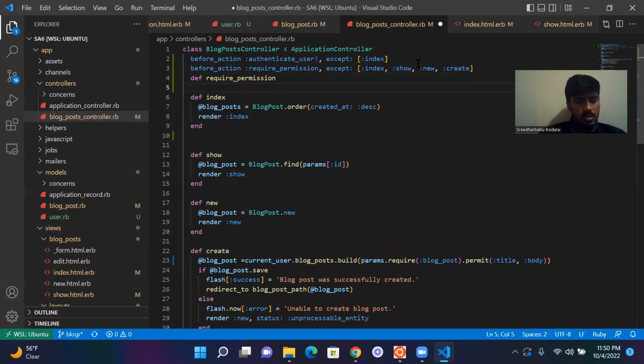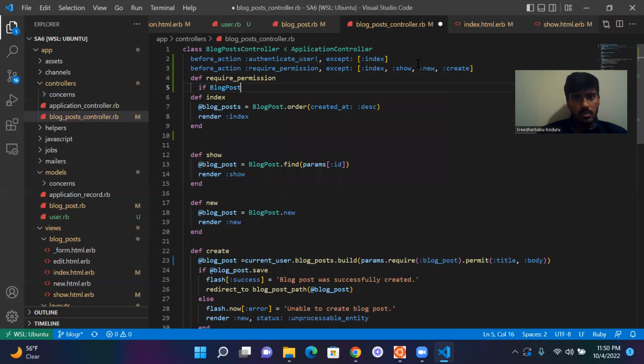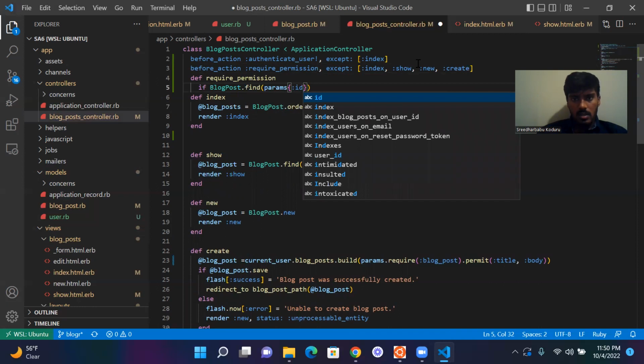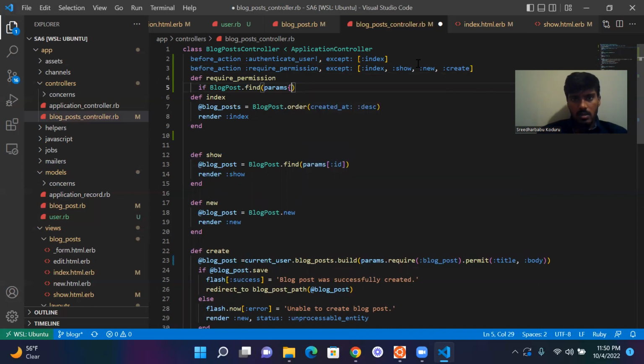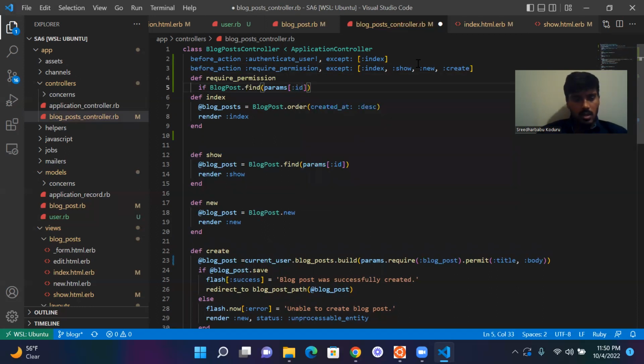So require permission: if blog post find params by searching the ID, and creator not equals to